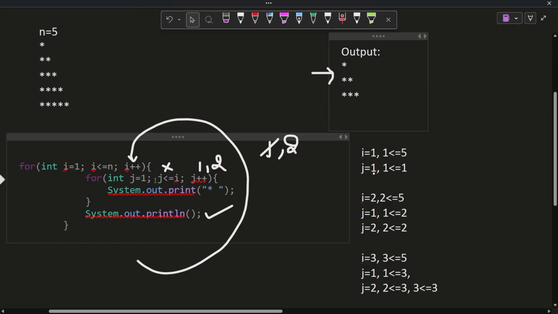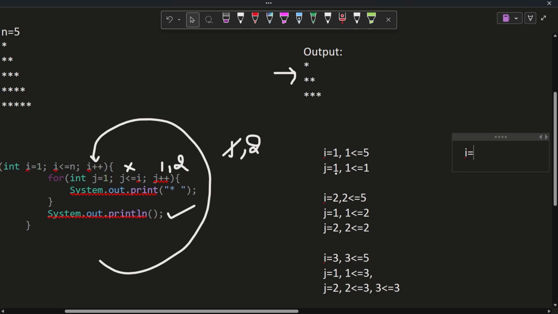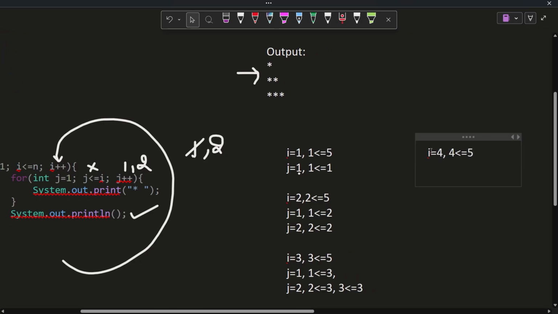Now when j is 4, the condition is false and it will move to the next line. Now the value of i is incremented. Initially it was 3, now it will be incremented to 4, right? i equals 4, and then i less than or equal to n, that is 4 less than or equal to 5, right?